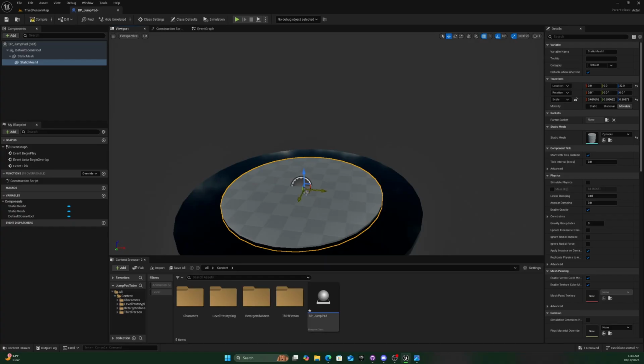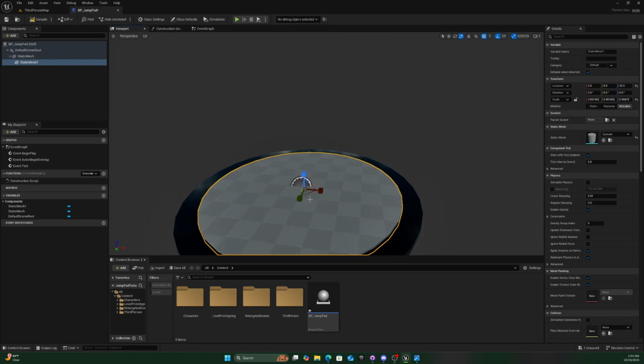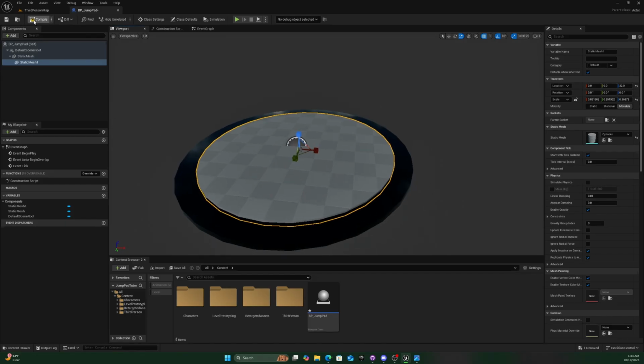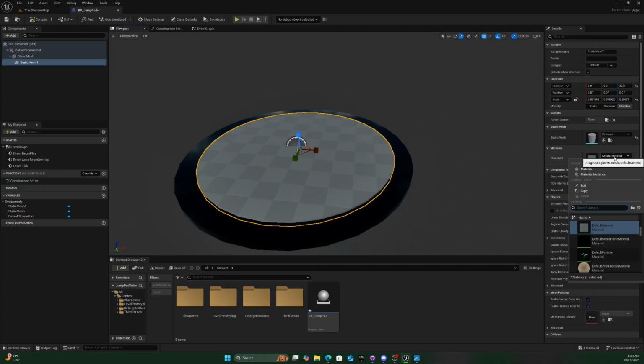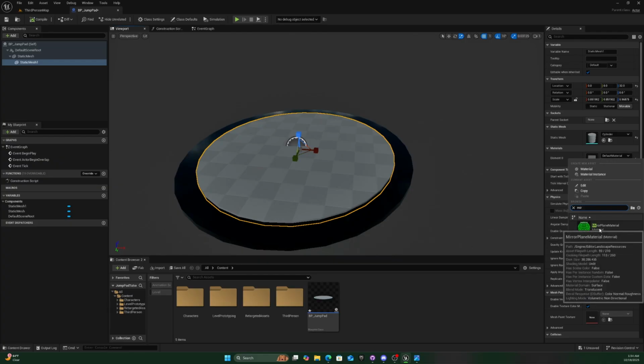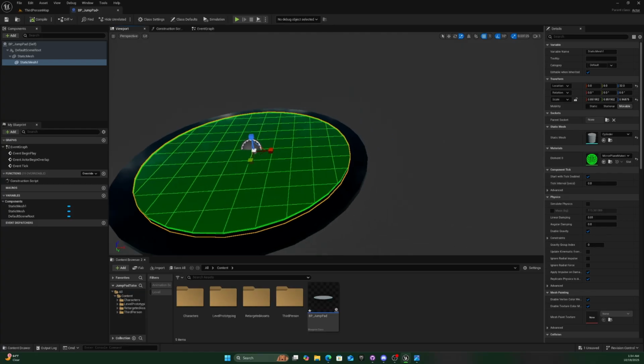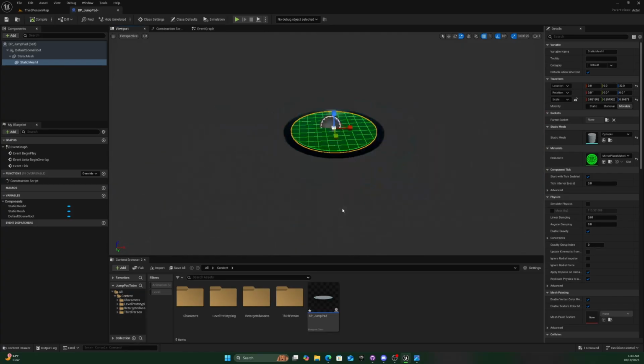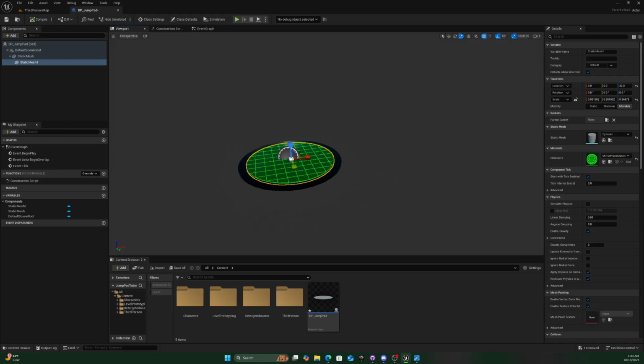Once we have that, we can go ahead and scale this, make it a little bit bigger. Yep, that looks about good right there. All right, compile that, and then we're going to change this material. There's a material that I have seen and I actually pretty like. It's a mirror plane material. So go ahead, add it on and give it a nice little feel to it. All right. So once we have that material, the last thing that we are going to need for this, we're going to add in